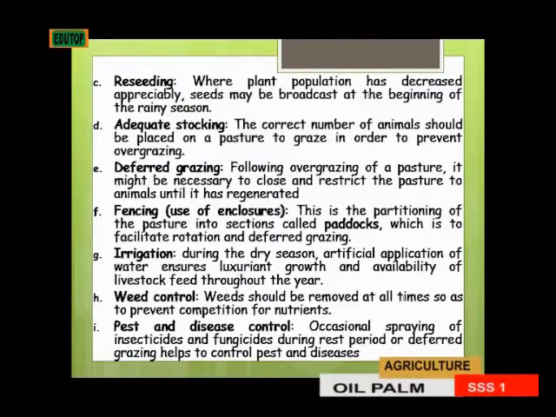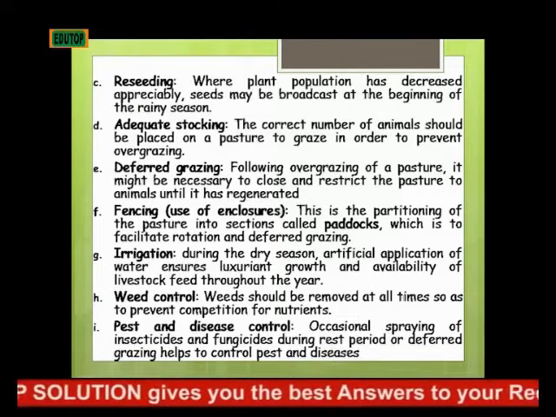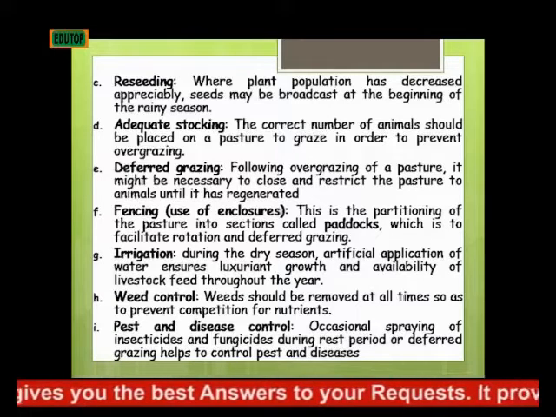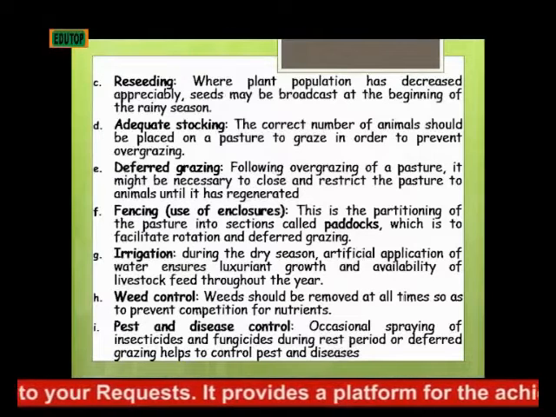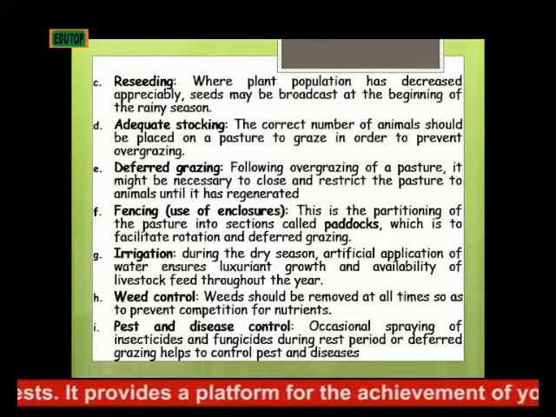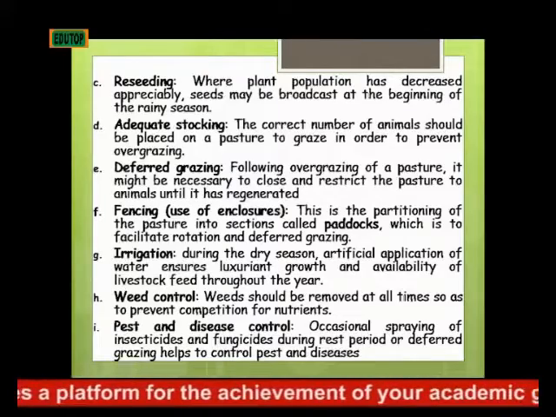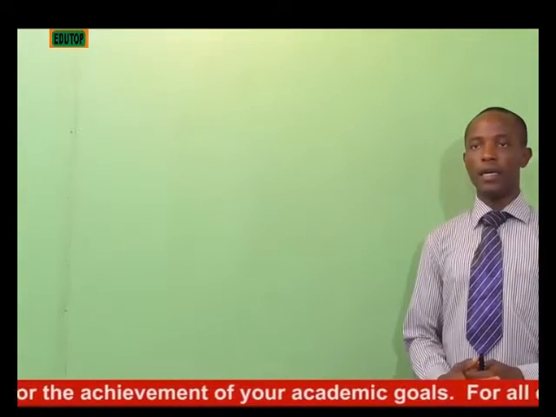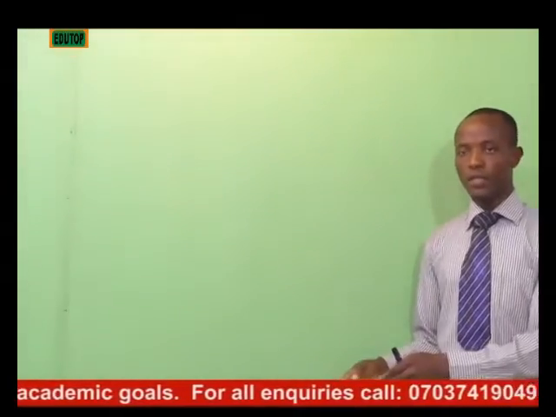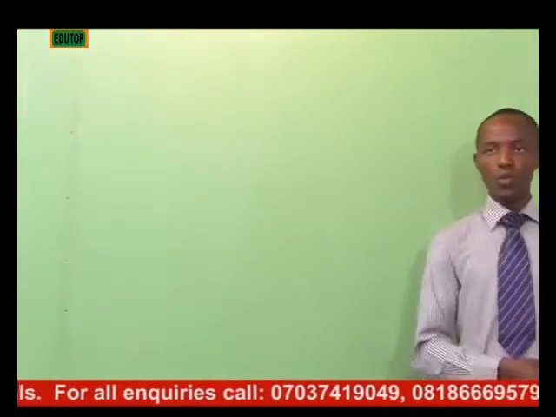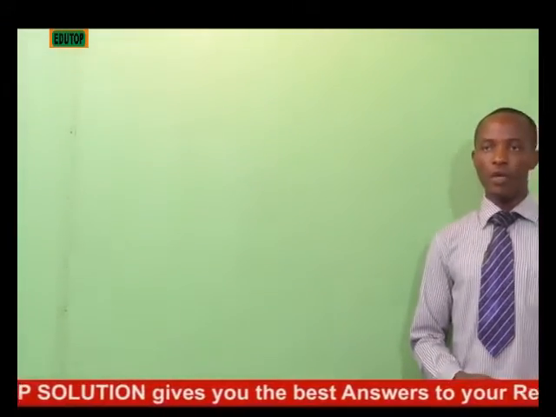Then we have deferred grazing. Following overgrazing of a pasture, it might be necessary to close or restrict the pasture to animals until it has regenerated. That is just like our plot 1, while they are feeding on plots 2 and 3. On plot 2 in week 2, you restrict plot 1, that is, there will be deferred grazing in plot 1 during week 2, while the animals are feeding on plot 2, and in week 3, while the animals are feeding on plot 3,